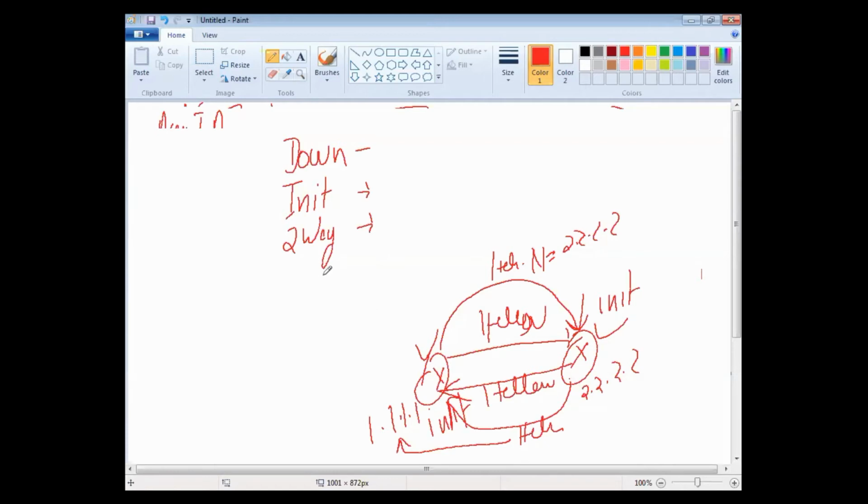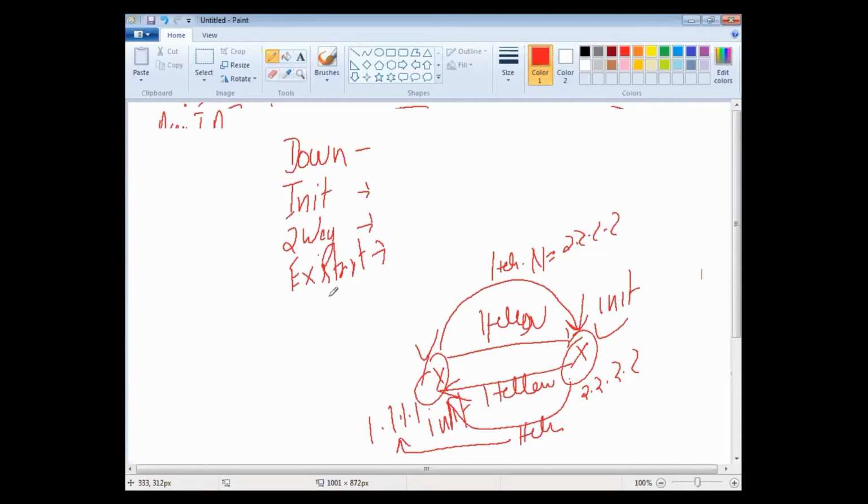After that, a new stage comes. We call it ExStart. In ExStart stage, routers are preparing to share the link state information with the neighboring router. Master-slave relationships are formed between two routers. It is an automatic algorithm of OSPF, and we do not have to do anything in that.